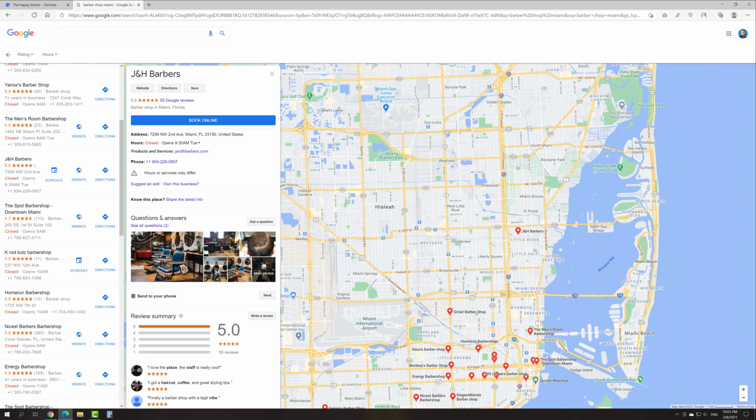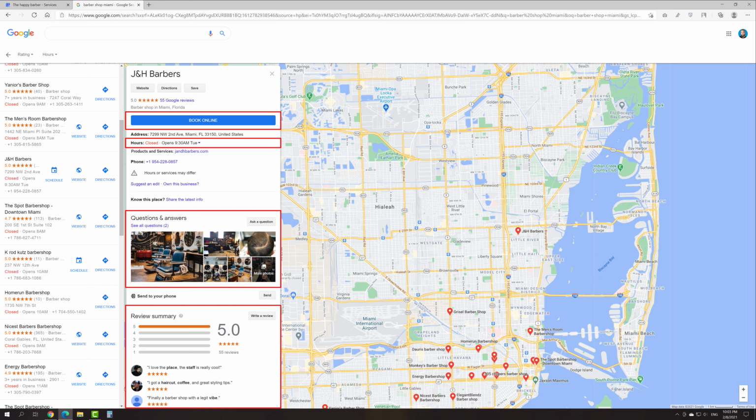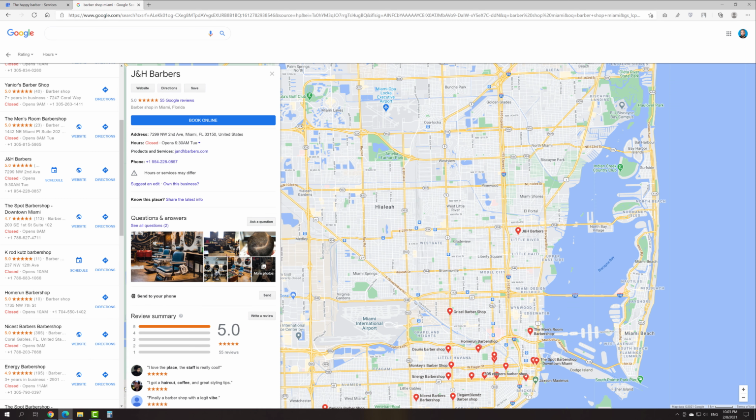Here is a good profile example. As you can see, it contains photos, business description, a phone number and call button, link to the website and social media profiles, working hours, questions and answers section, a bunch of customer reviews, and even an ability to book an appointment online. So further in this video I'm gonna show you how to optimize the profile in pretty much the same way, as well as share with you some additional useful tips from my experience. Let's return to the dashboard and continue.